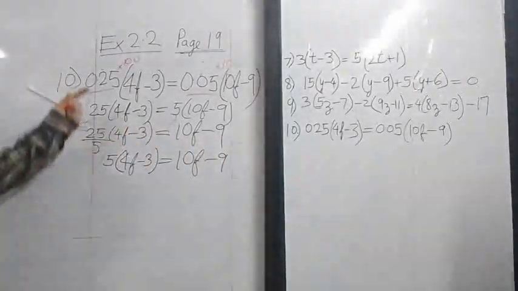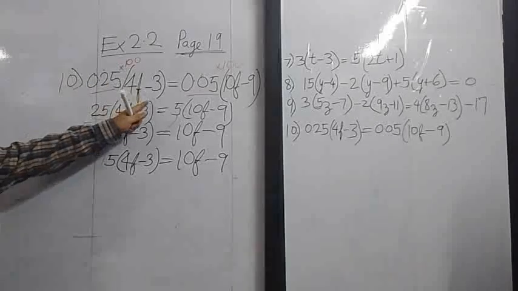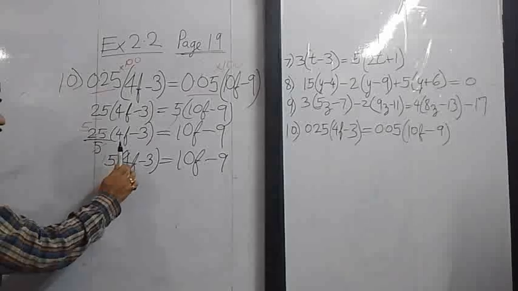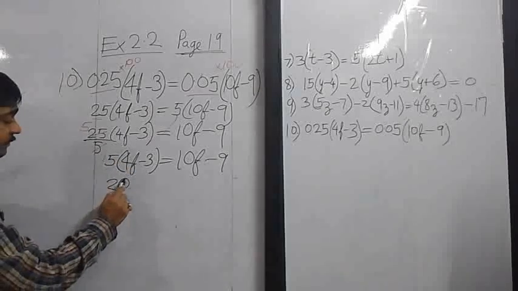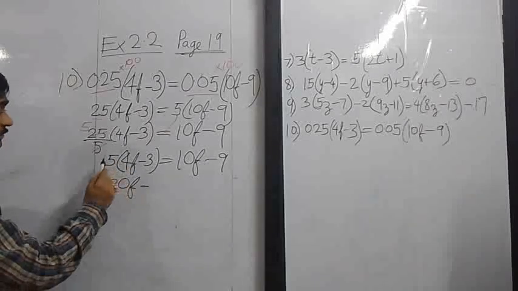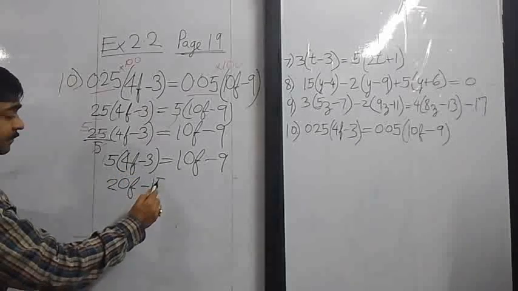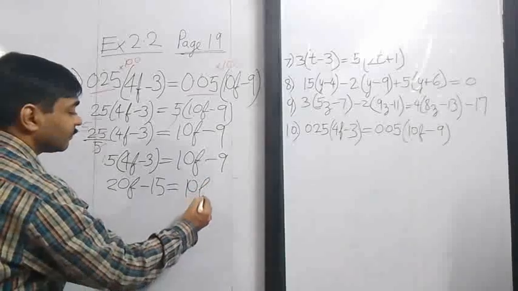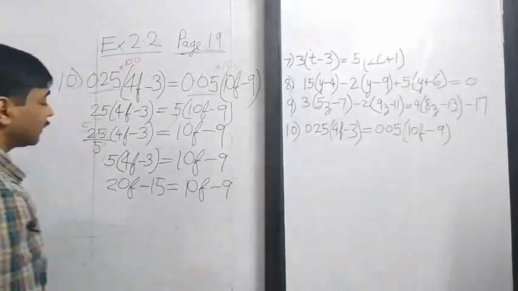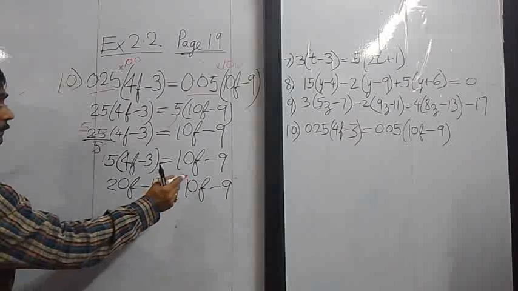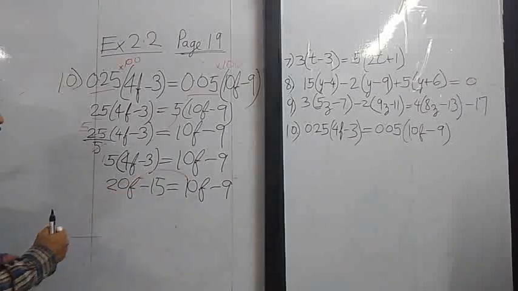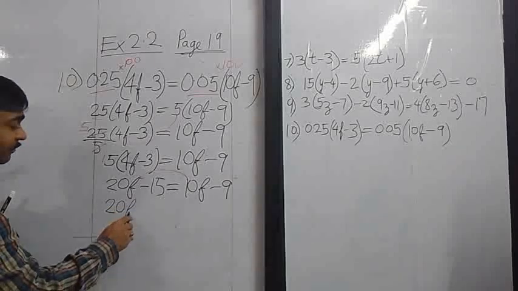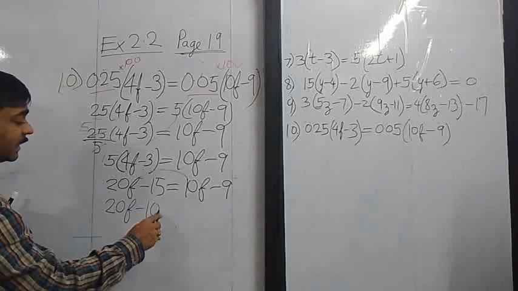We had begun with the decimal number, we had the bracket, we opened the bracket, we have the answer as 5 into 4 is 20f, minus 5 into 3 is 15, equals 10f minus 9, and I will take this 10f over here which becomes negative, so I will say 20f minus 10f